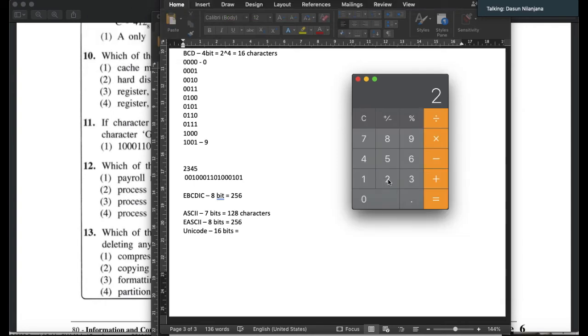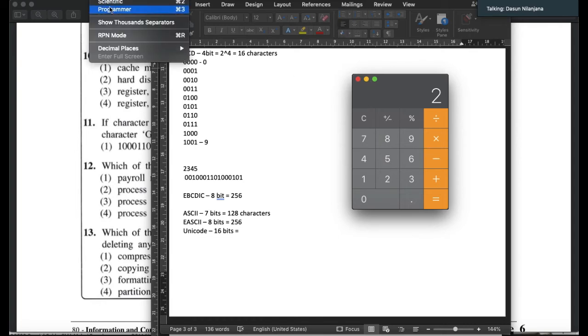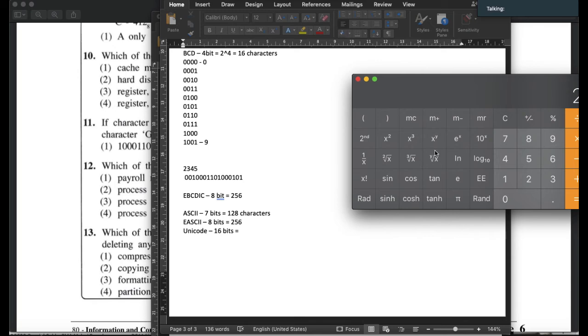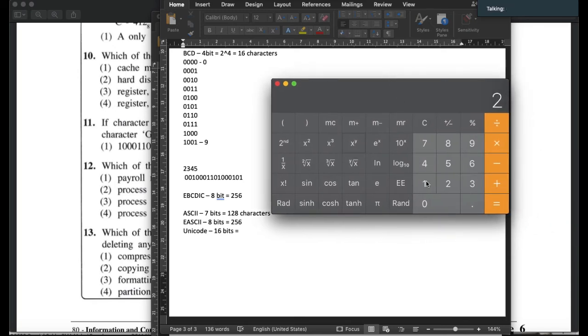2 to the power 10 is 1024, but 2 to the power 16 is 65,536. This always doubles. 1024, then 2 to the power 11 is 2048,